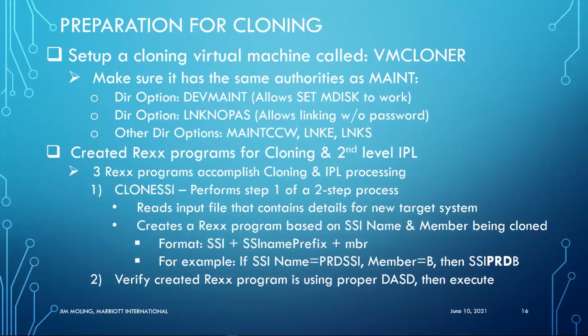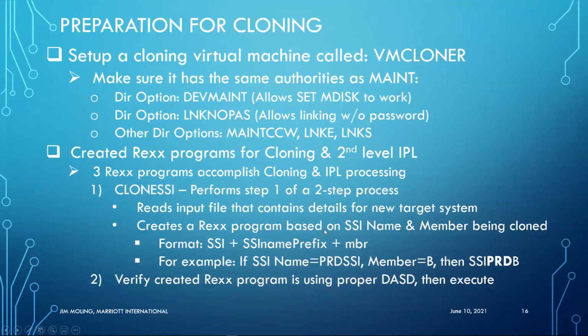I mean, it'll try and figure out a lot for you, but if you don't like some of the defaults and the way it handles it, well, you can change that too, and we'll get into that. Okay, so it reads the input file to get all the details for the new target system that you want to clone,